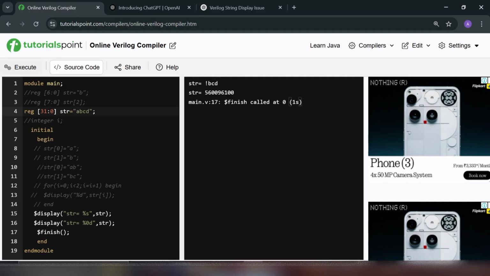So this is how we use strings in Verilog, because we do not have anything such as a string data type in Verilog, which is an inbuilt data type in SystemVerilog. So we have to use reg only, with width based on the number of characters we assign